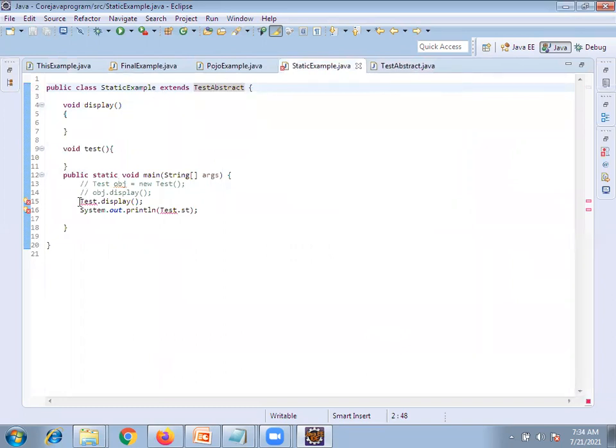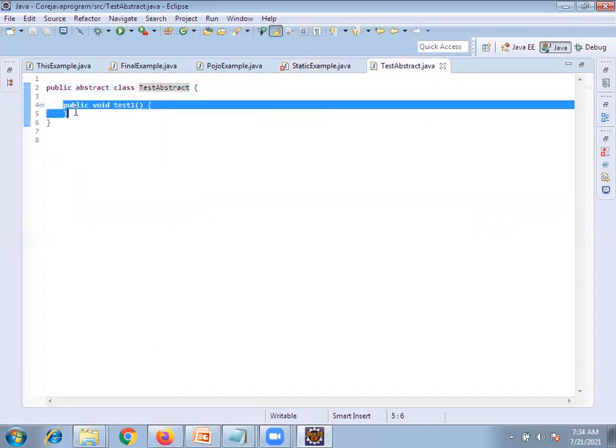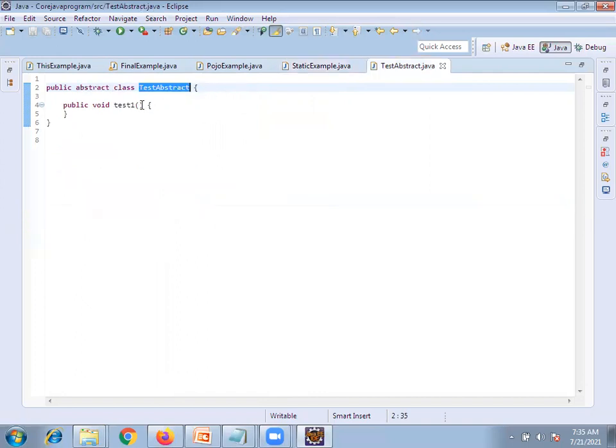So the abstract class contains the test one method. Whenever I extend this, any method in this abstract class should be implemented over here.